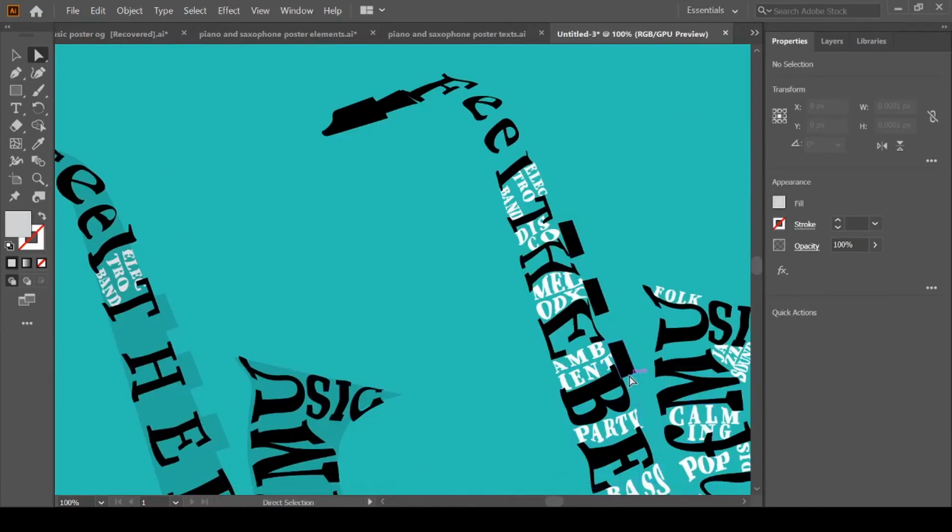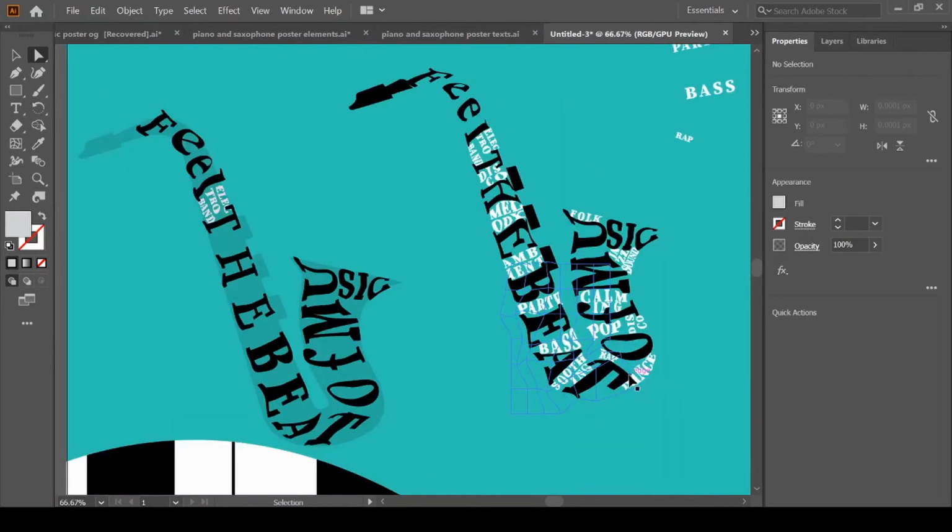Now follow the same process and fill these gaps with the white text.